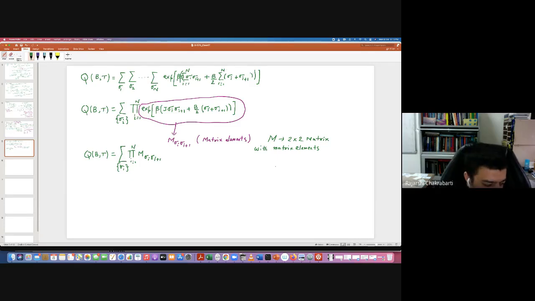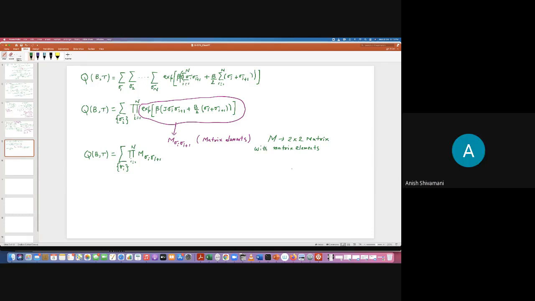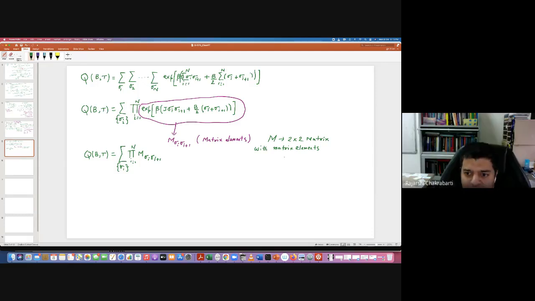We'll come to that in a few minutes. If we substitute sigma I and sigma I plus 1, basically you will have terms like M plus plus, where both are plus, M minus minus, M plus minus, and M minus plus. We'll come to that in a few seconds. So let us deal with this. So if I expand this,